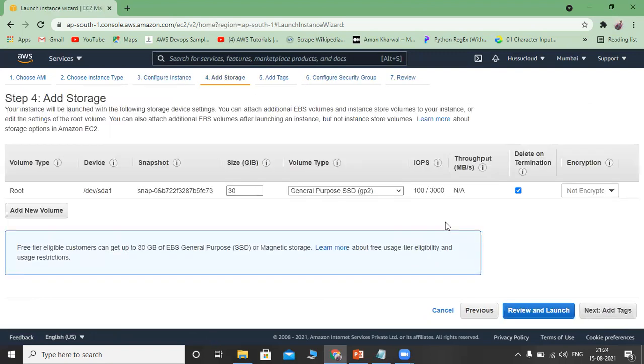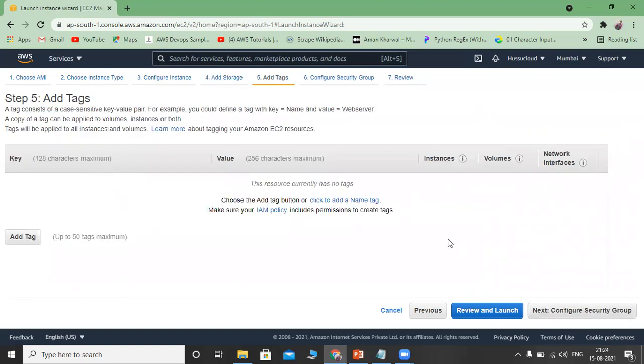Next, the fourth step is selecting a hard disk. By default, it comes with a 30 GB hard disk. I will select this hard disk. Here you will see Delete on Termination. So whenever you delete the instance, this hard disk is also going to be deleted. Next, add tags. Tags are nothing but extra information.